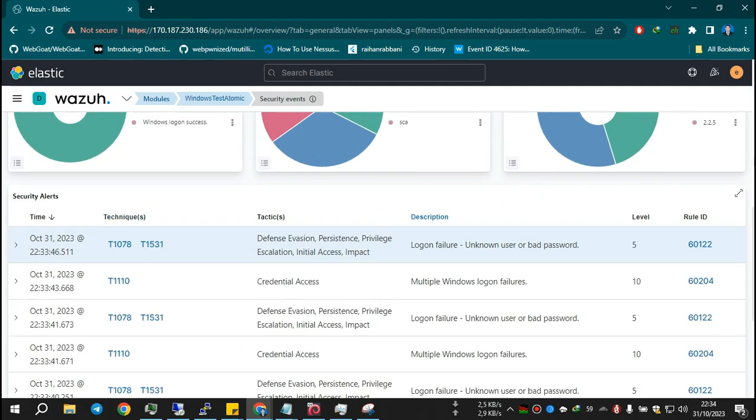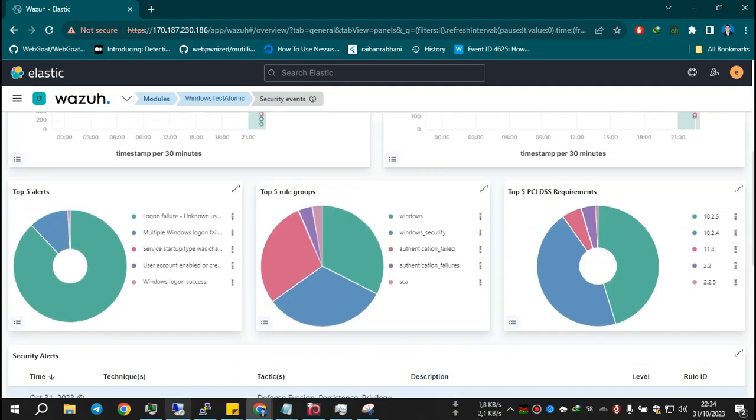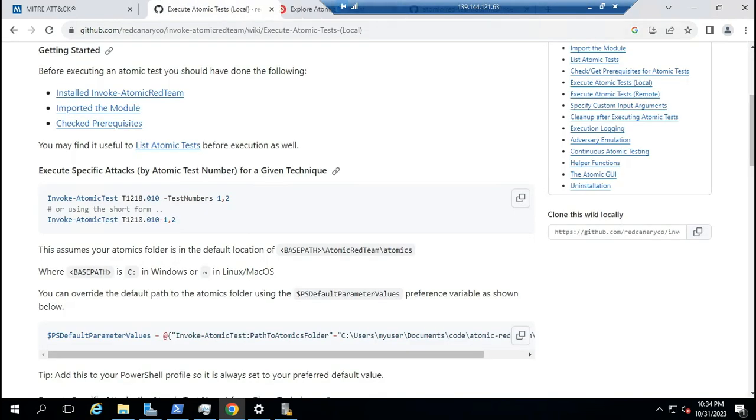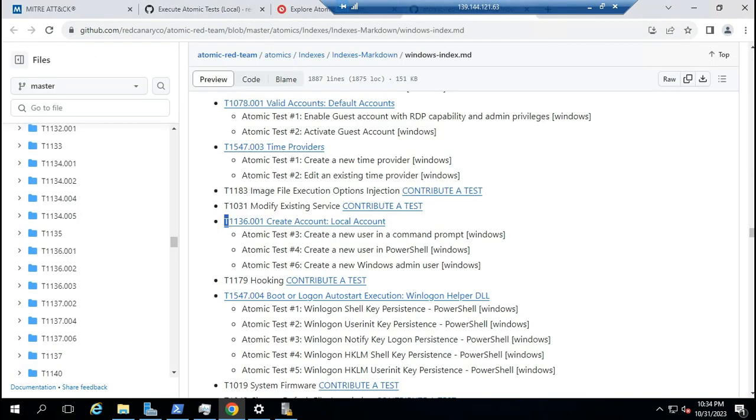Okay, just wait, maybe 1 or 2 minutes. Okay, the create local account is a success. Create local account is a success.